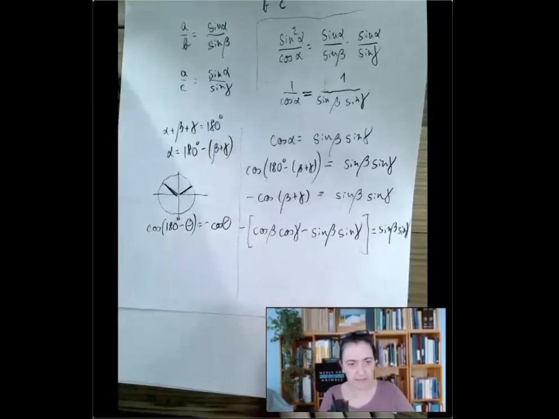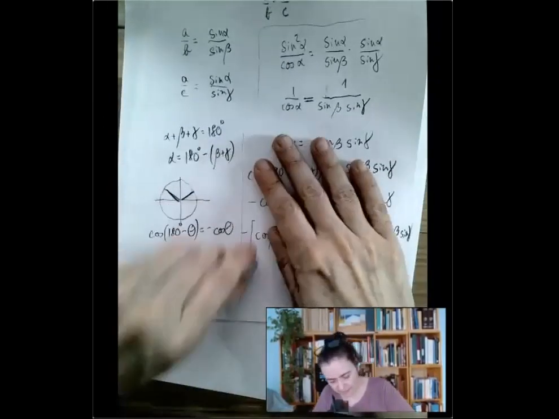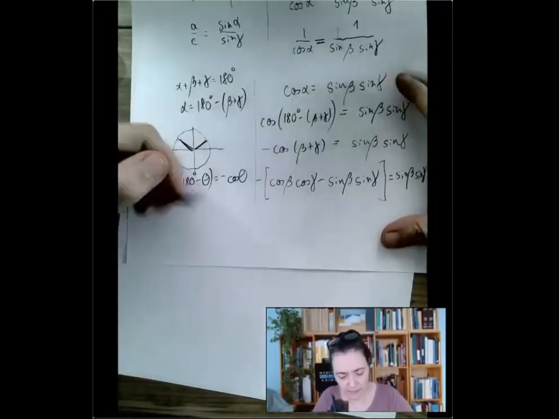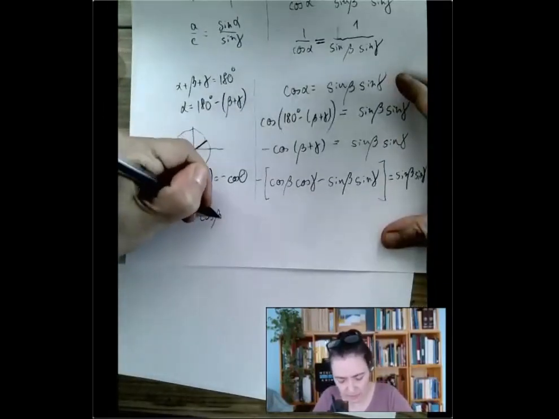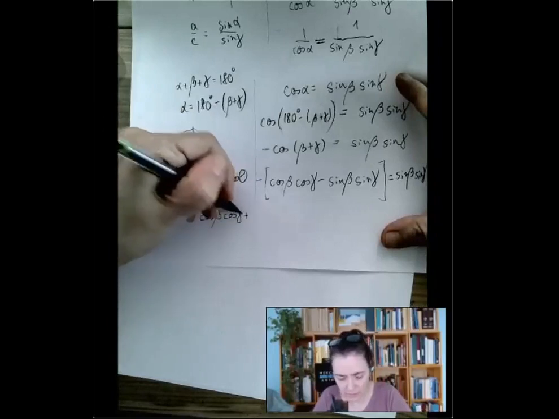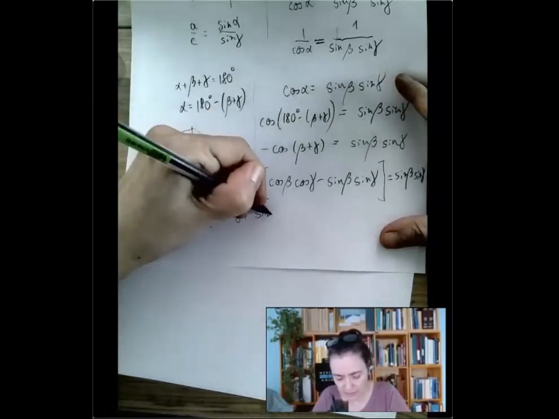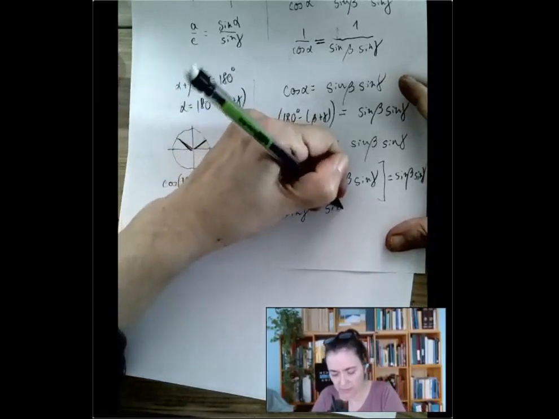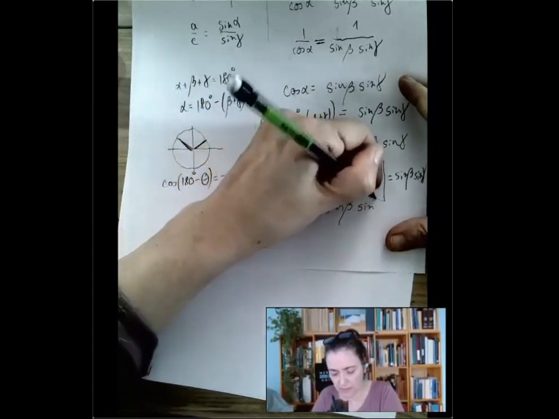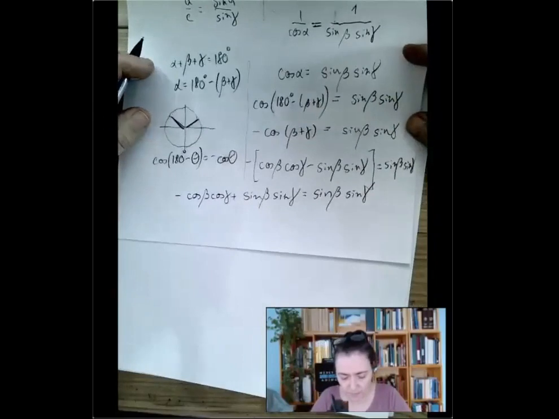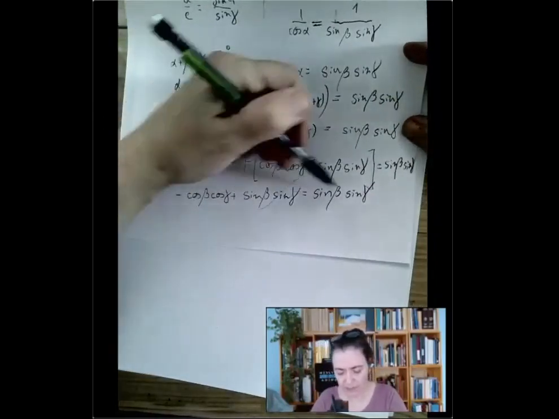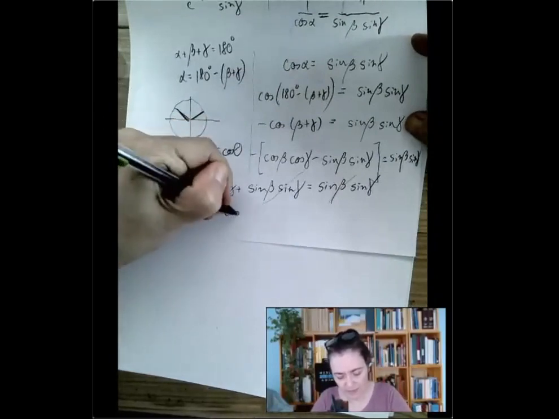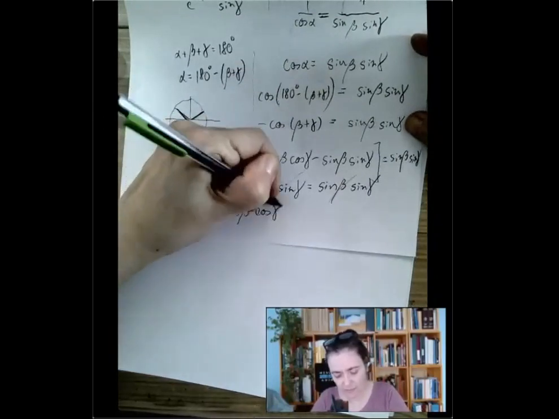And then we distribute the minus sign. So we get minus cosine beta cosine gamma plus sine beta sine gamma equals sine beta sine gamma. And we subtract this from both sides, we get minus 1 times cosine beta times cosine gamma